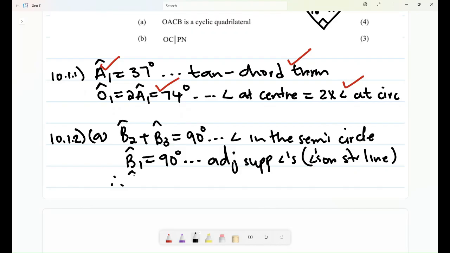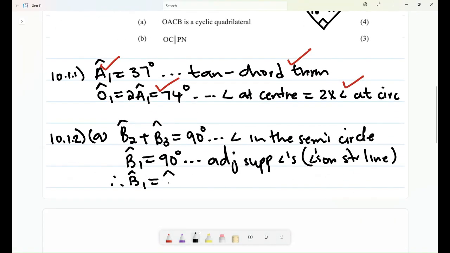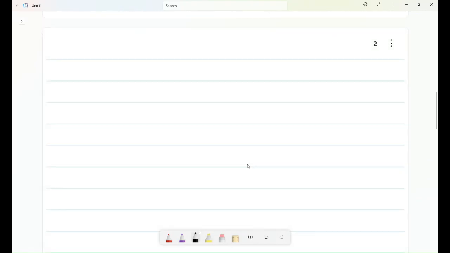Therefore, angle B1 is equal to angle O3. Was it C3 or O3? Angle O3. They are both equal to 90, right? If that's the case, then therefore,